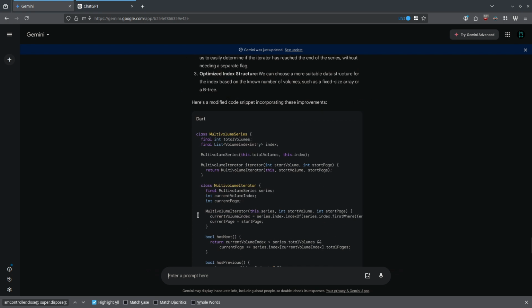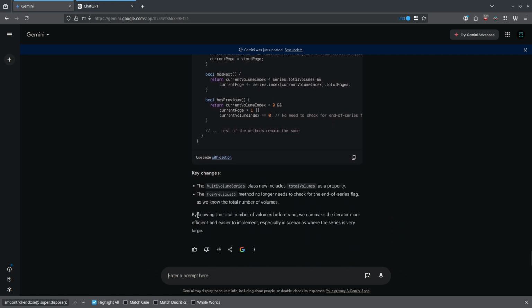Okay, and so it's starting to have like a B tree, etc. Let me provide it with another option. I'll say one more option is that we have the option to encode the number of pages in each volume as